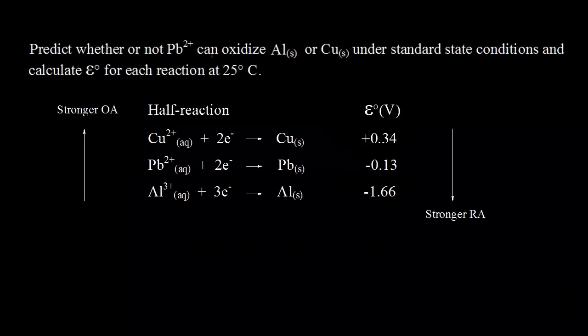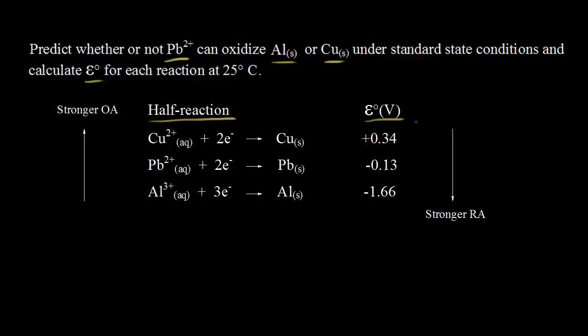Our goal is to predict whether or not lead 2 plus can oxidize solid aluminum or solid copper under standard state conditions, and also to calculate the standard cell potentials E0 for each reaction at 25 degrees C. So we have a standard reduction potential table, a very shortened version of it, where we have our half reactions written as reduction half reactions on the left, and the standard reduction potentials for those half reactions on the right,